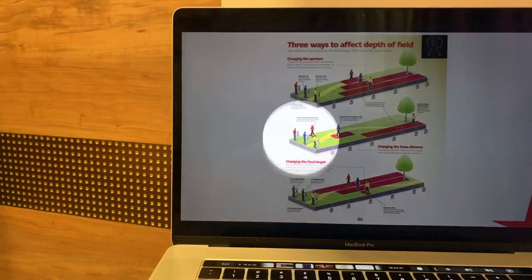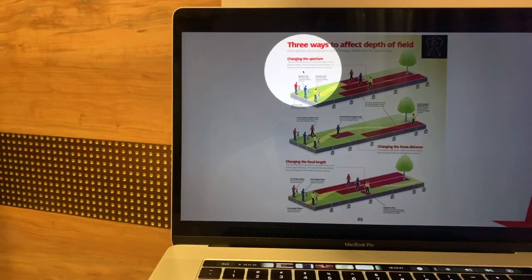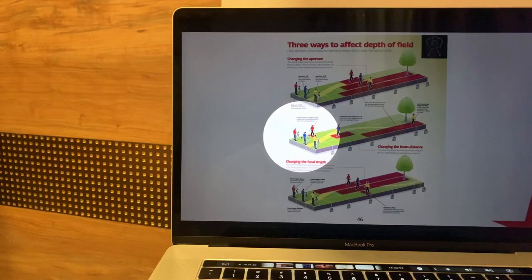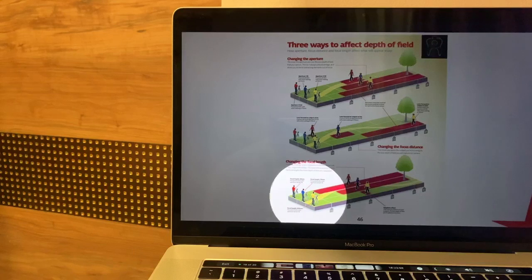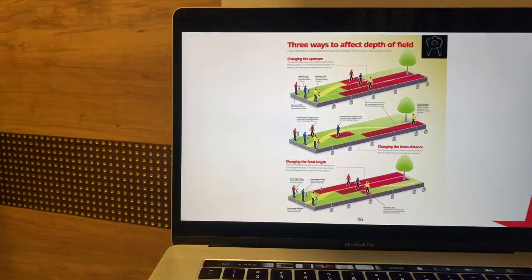All right. Now the second technique is, if you move in closer to your subject, your depth of field becomes shallow. Please remember this. In fact, please write it down somewhere. If your f number is less, your depth of field will be shallow. If you are close to your subject, your depth of field will be shallow. And the last is, if your focal length is higher, your depth of field is going to be shallow.